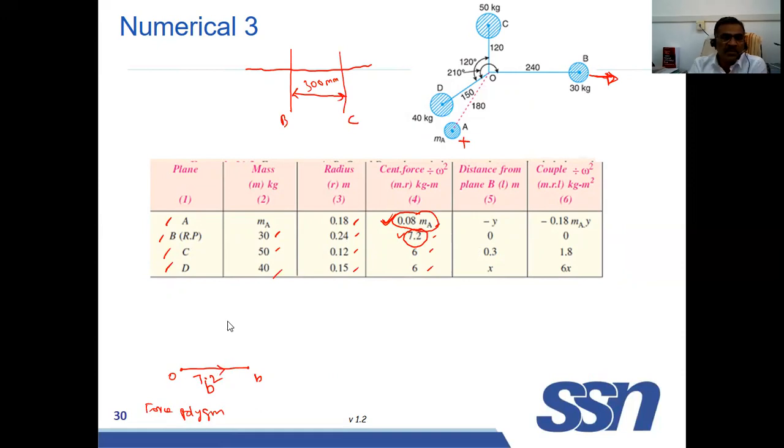Another thing is, this is C. What's the direction of C? C is in the upward direction. You take in the upward direction. What is the distance? It is 6. This is C, 6. After taking this, you take C, then D. What's the direction of D? D is here. So in the same direction, you draw some 6.